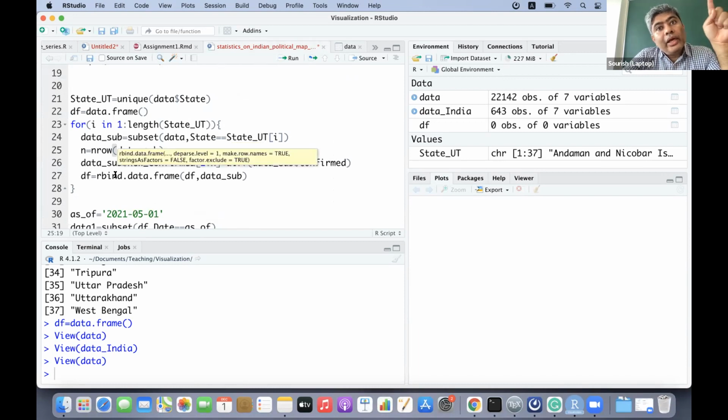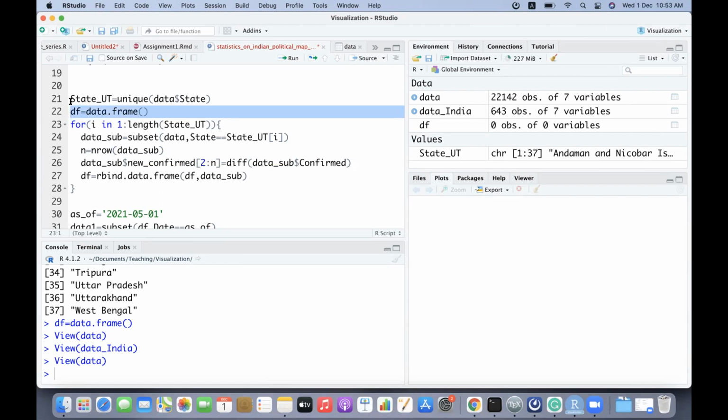In that way, you will be able to avoid that problem. Do you understand? Anybody have any question at this level? So this is the data processing I'm doing. So I'm defining the data frame. Clear? Any doubt?